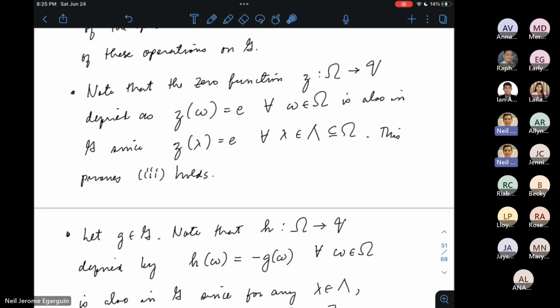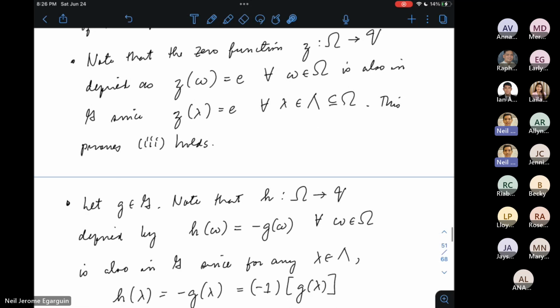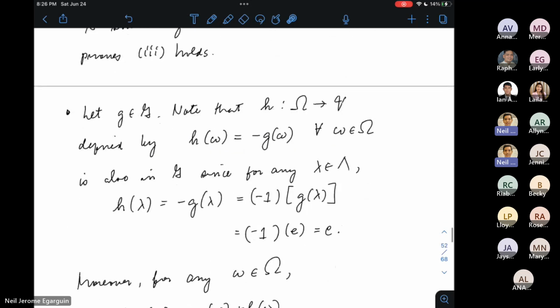Merong additive identity si set G. Kasi yung additive identity ni set curly F ay na kay curly G din. Okay? And then, so kulang na lang ay existence ng additive inverse. So dapat pag meron kang isang element ni curly G, dapat magkaroon din siya ng additive inverse kay curly G.